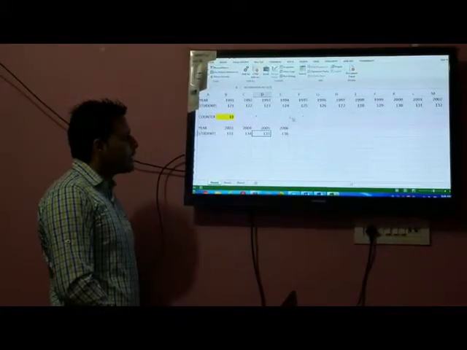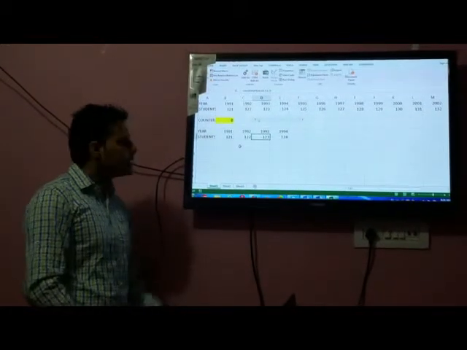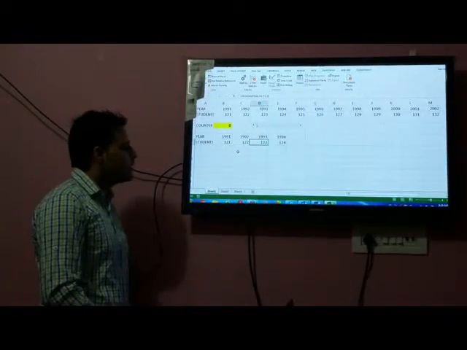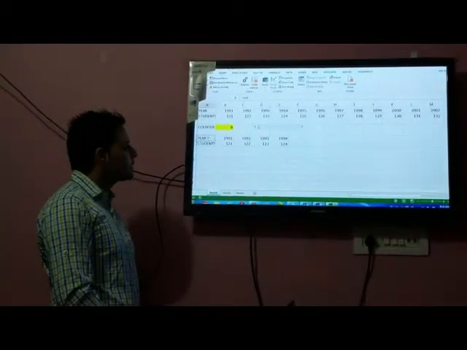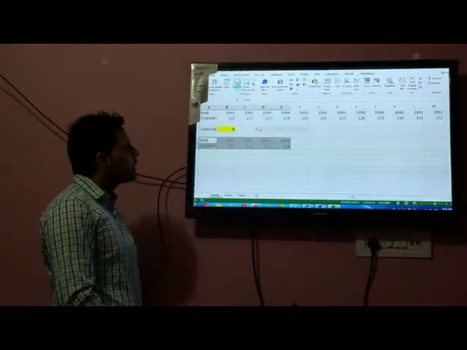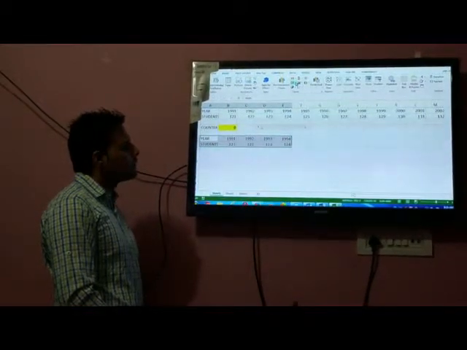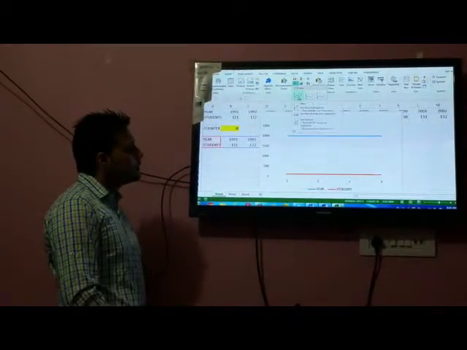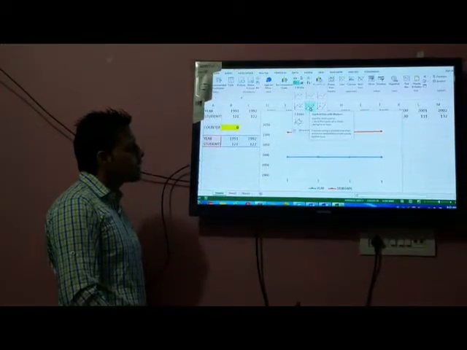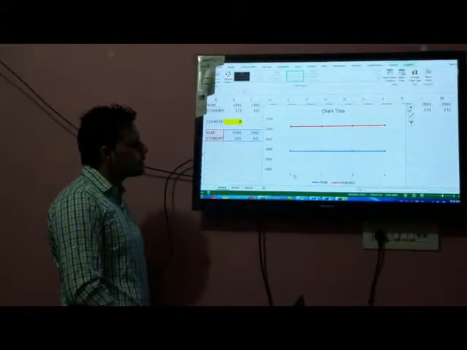Now we have applied the INDEX and HLOOKUP formula in these values. On the basis of these values, I want to design a dynamic chart. How will you design that chart? Simply select this range and go to your Insert tab. Then select the type of chart which you are looking for. Suppose I am taking this stacked line with markers. I want it to be affected when I change the records from there.